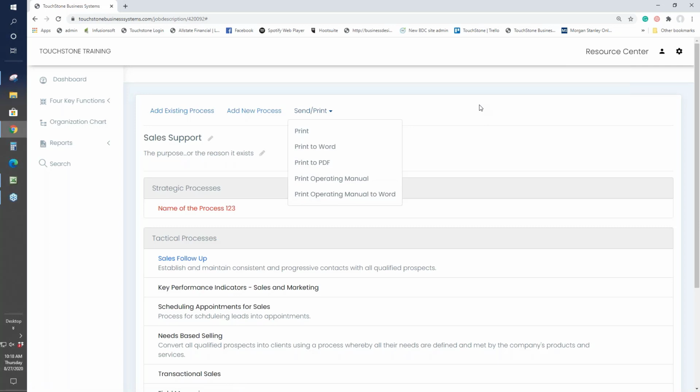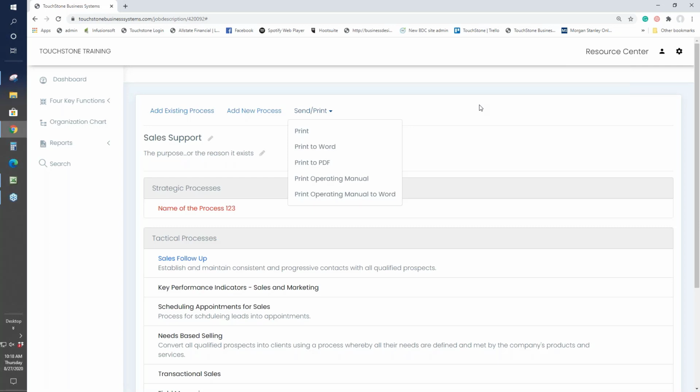TouchStone is paperless, clearly. It's in the cloud. Everything inside of it is up to date. It's the most current version of everything all the time, everything that you have, all of your standard operating procedures. So the minute you start exporting things, then you're creating other versions. If you export things and change them, like change words or content, well, now you're creating a whole second rendition